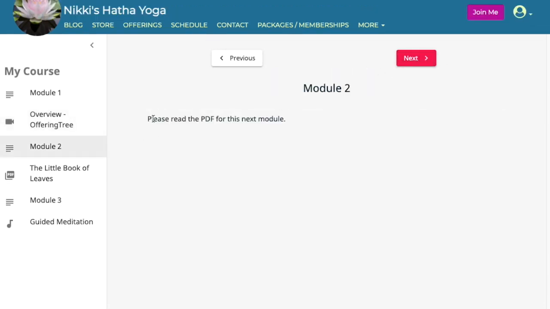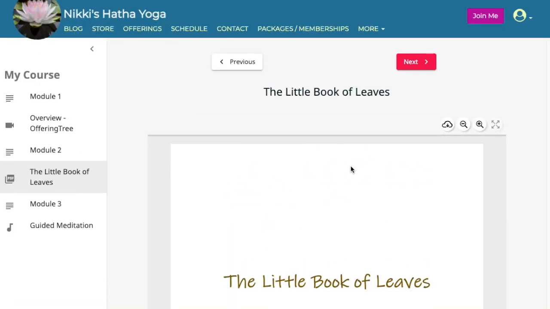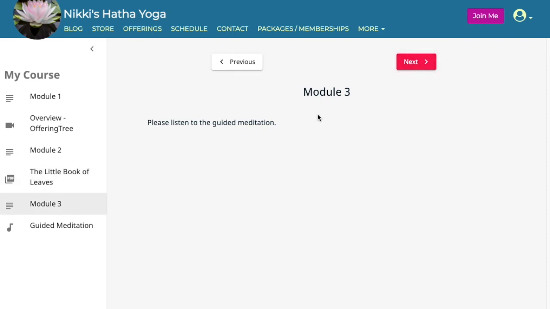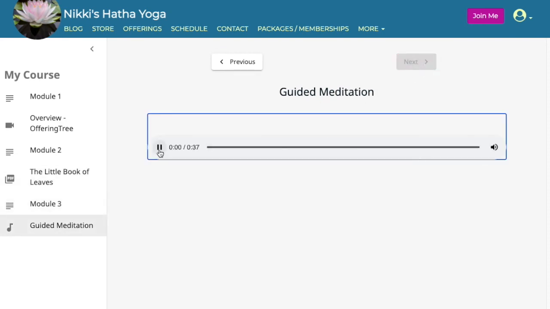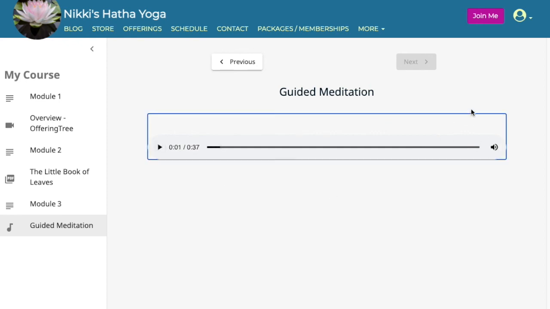There's the module. It says please read the PDF. Here's the PDF embedded right there. I can also go to the next module, module 3, and then I can see guided meditation. It's right there. And so notice that this is all